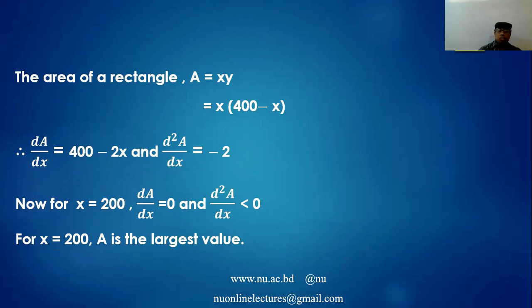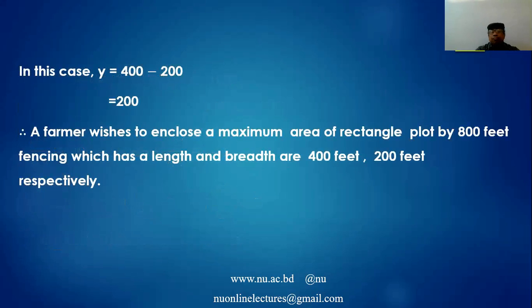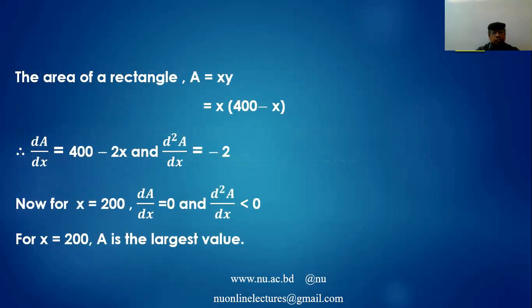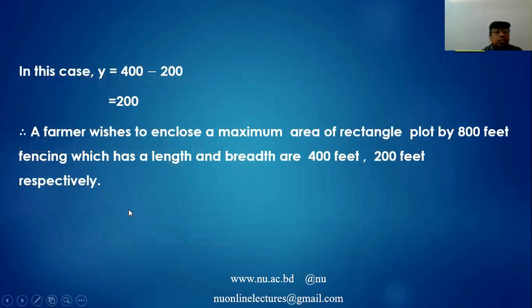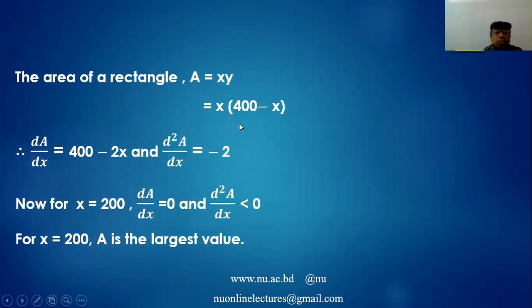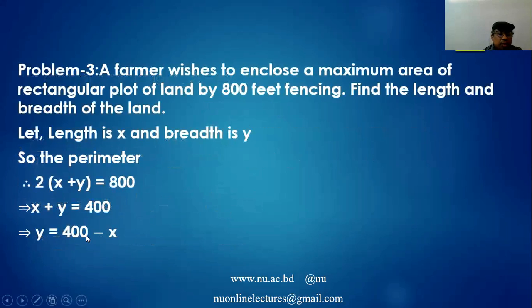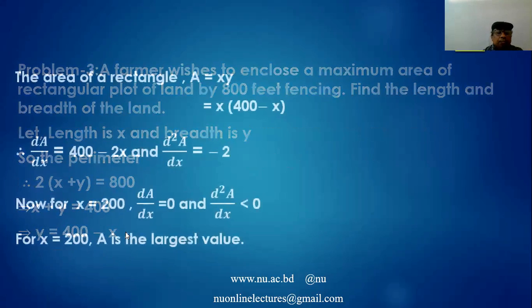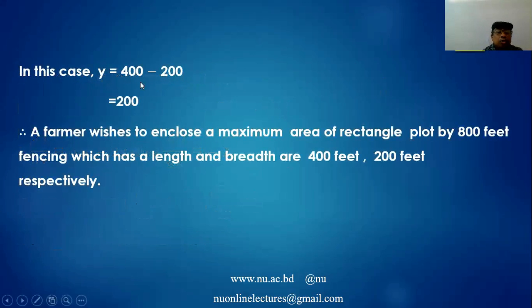So how do you find it? X is equal to 200. So y should be 400 minus 200. It is 200. To find the largest value, we have to substitute x here. Look at here, y is equal to 400 minus x. That's why এখানে ভ্যালুটা আমরা বসিয়ে দেব। এখানে ভ্যালুটা বসালে আমরা 200 পেয়ে যাব।